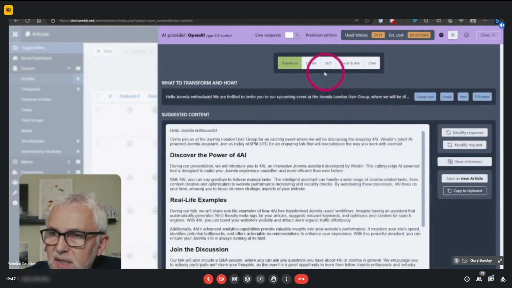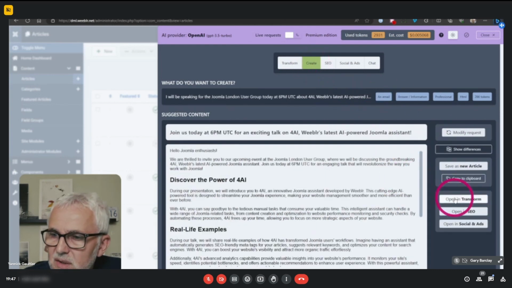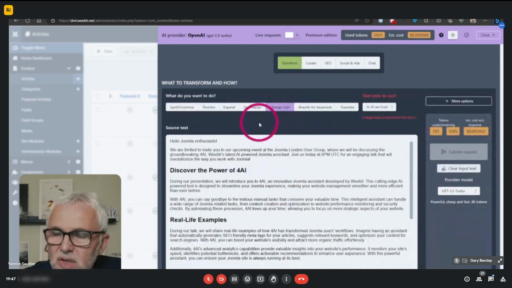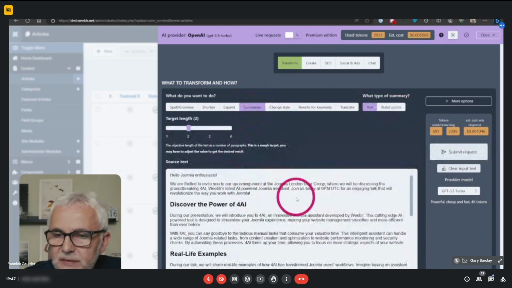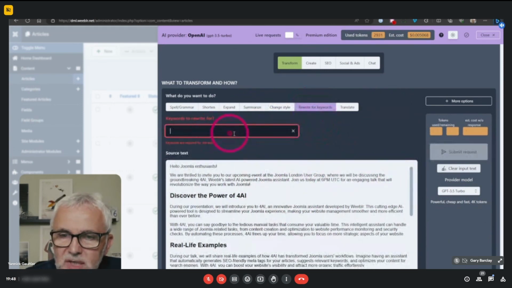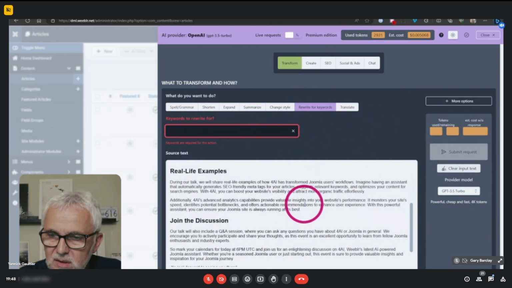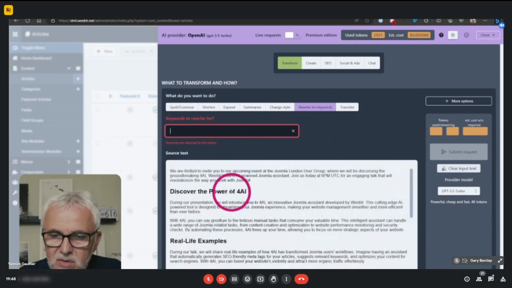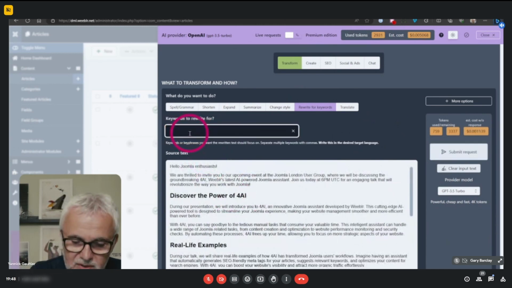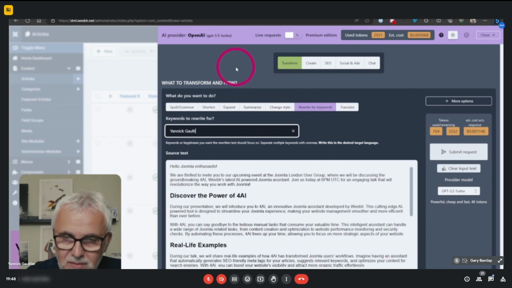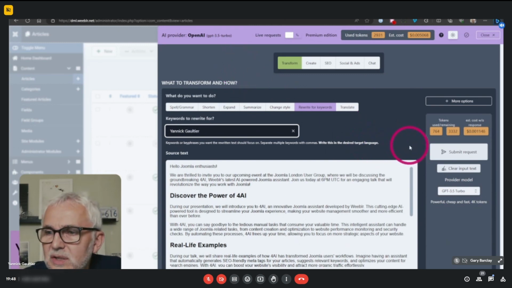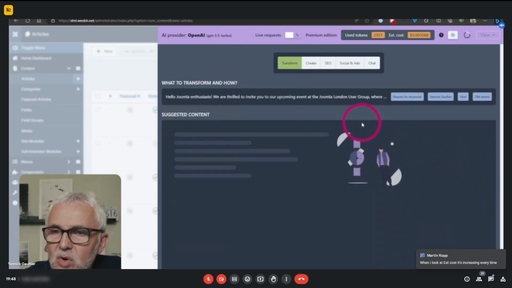And if I get back here and go back to the transform to have the original, you can see that you can shorten, expand, you can get a summary of the original text. You can rewrite for keywords. So you can say, for instance, this is a good text presenting what we are talking about, but I'm very much into promoting myself, so I wanted to use my name more.